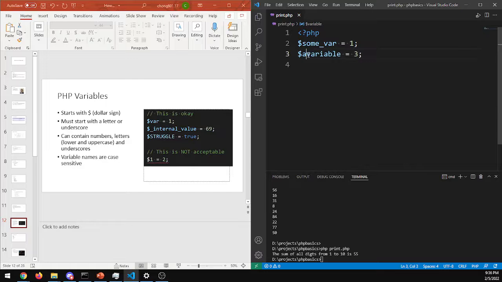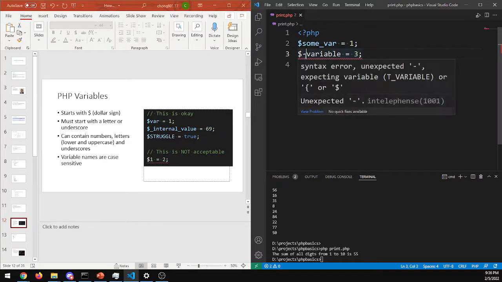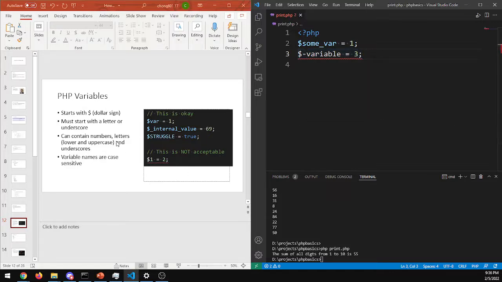If it's a small letter a, it's accepted. If it's an underscore, it's accepted. If it's a dash, it's not accepted because it is unexpected. It needs to be part of the letters, numbers, and underscores, right? So next is